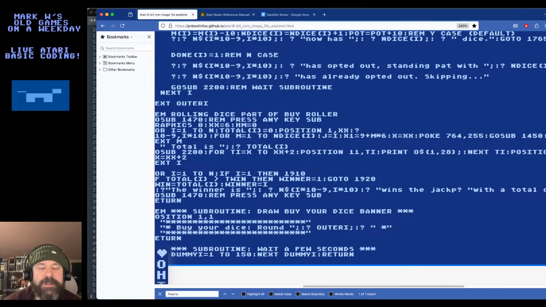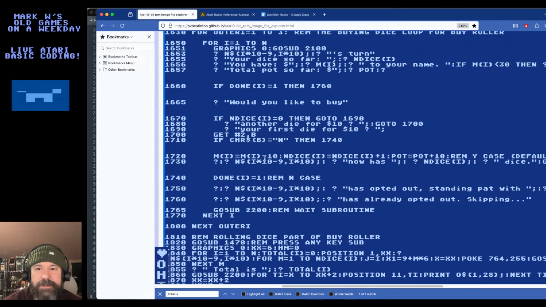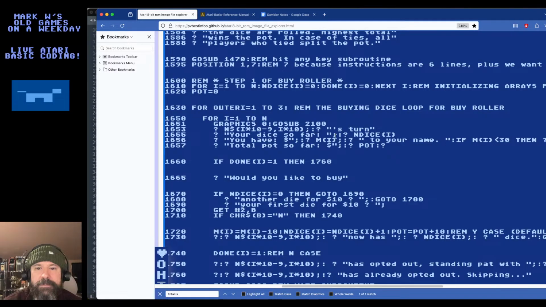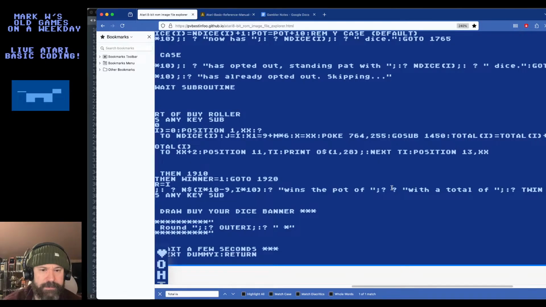Wins the jackpot or the pot. What do we want to say? Let's say the pot of. And what is that again? We put it into a variable called pot. Here we go. Pot.